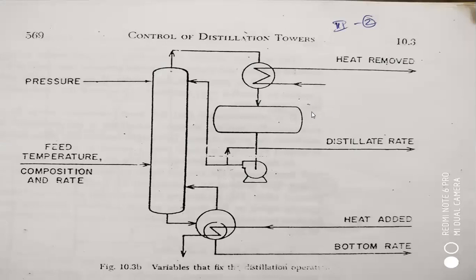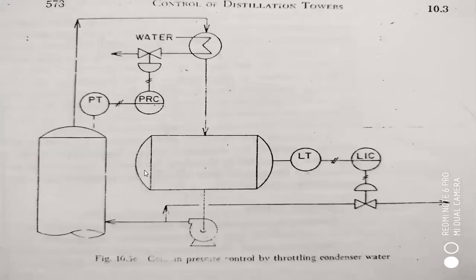So if we boil down to a minimum thing, if this is an overall thing, what we have seen, the heat is removed here through a cooling tower, and you have a condenser accumulator, then you have a pump, the reflux pump sending it back. So at the bottom, as we have just seen, we have heat added through the steam, and the bottom rate is going up, and again through the reboiler, you are sending it to the top.